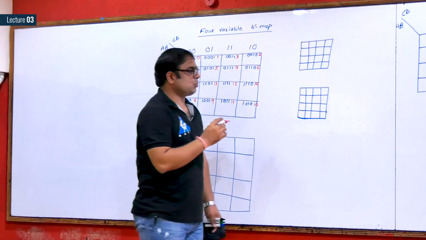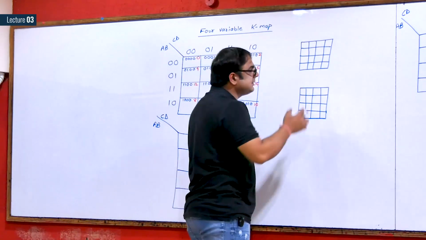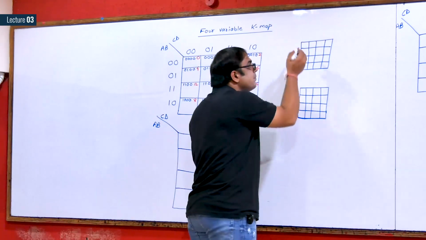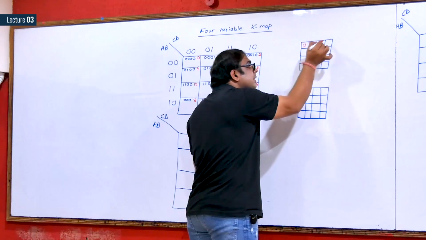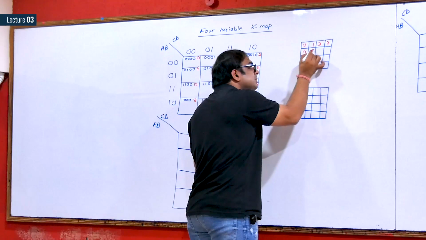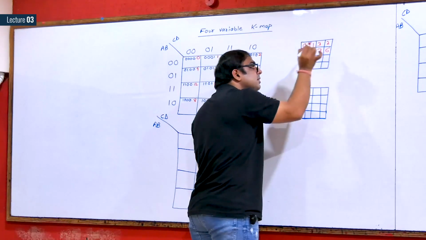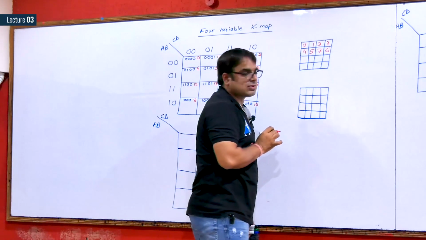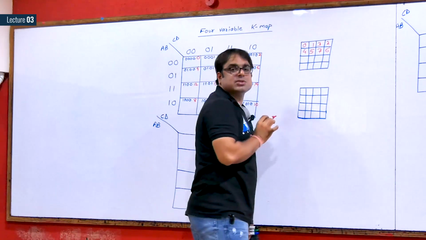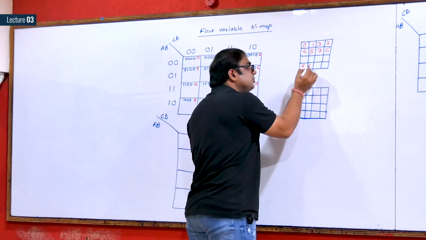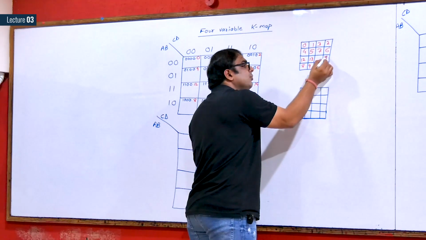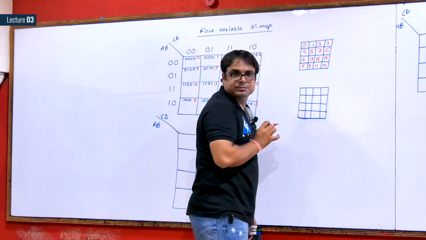So just to give you practice of the cell number, I have made this K-map to fill the cell number only. Please see, 0, 1, last one is 2 and this is 3. Second row, 4, 5, last one is 6, this is 7, second last. After completing the first row and the second row, fill the last row. So this is 8, 9, 10, 11, 12, 13, 14 and 15.